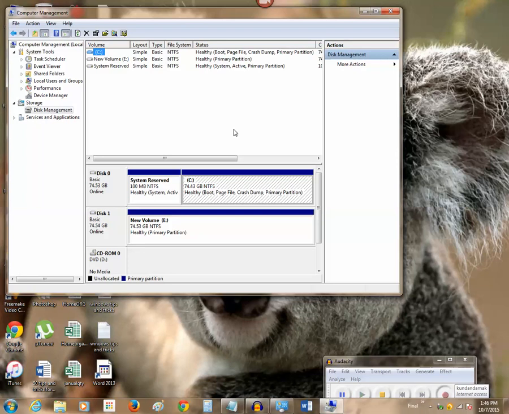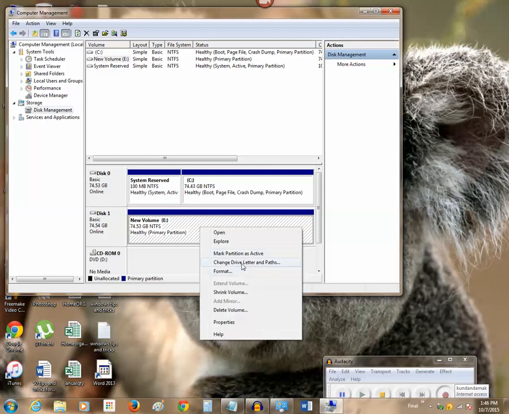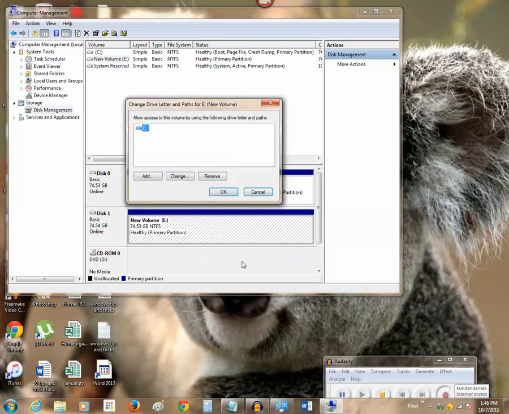Now select the drive which you want to hide. You should always select a drive where you have not installed the operating system. That means you shouldn't select the drive where your operating system is installed. I will select drive E, right click on it, click on change drive letter and paths,